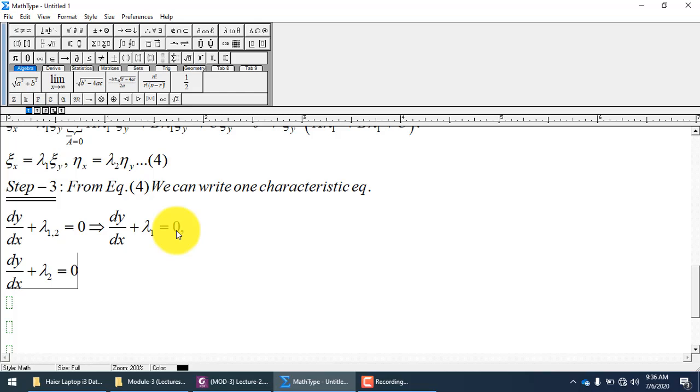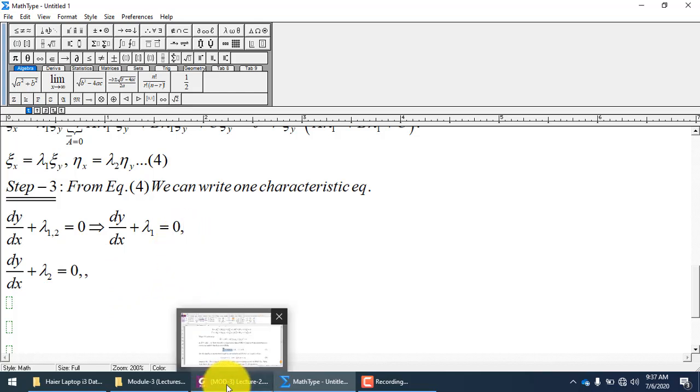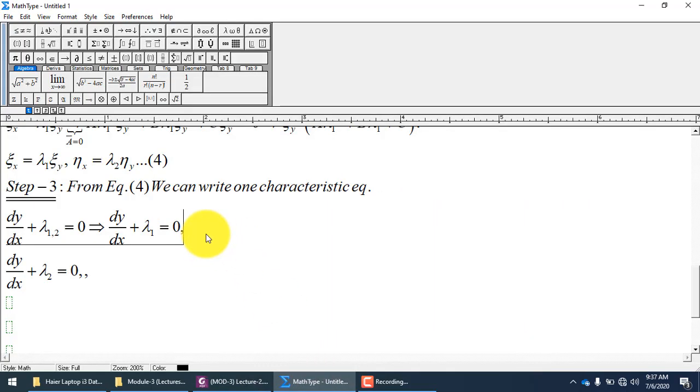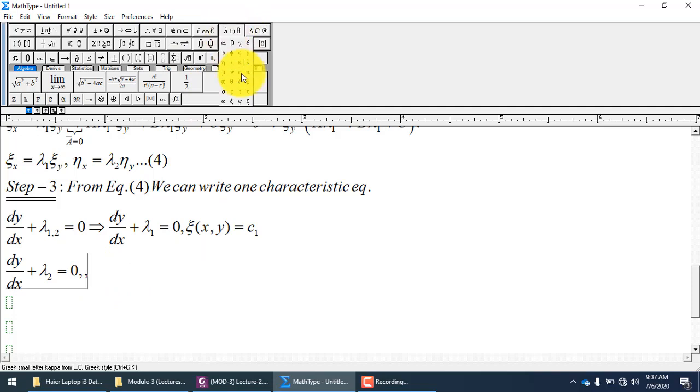You will solve, and what will you get? You will get the relations between x and y. There will be two relations. One relation of x and y will come from each of the above equations. You can name the left hand side, and there will be some constant as well, because you are solving this differential equation generally. So there will be two functions. One you can name as xi, because this will be your transformation. This is the procedure to calculate the transformation. On the right hand side there will be some constant of integration, you can name that c1, and for the other you can name eta, or you can name the above as eta and the below as xi. This is totally your choice, and the constant will be on the right hand side.